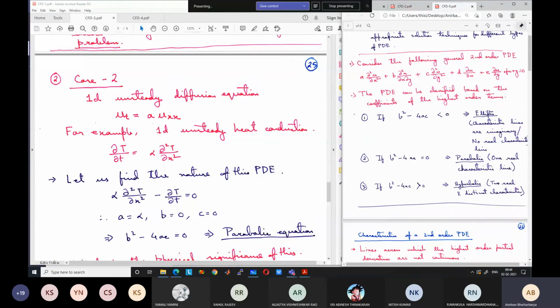So A is equal to alpha, B is 0 because there is no mixed second order term, and C is also 0 because there is no second order term with respect to t. You can rearrange it in other ways also, but ultimately you will get the same type of behavior. So if I take this to the other side, then we will have minus alpha here, and